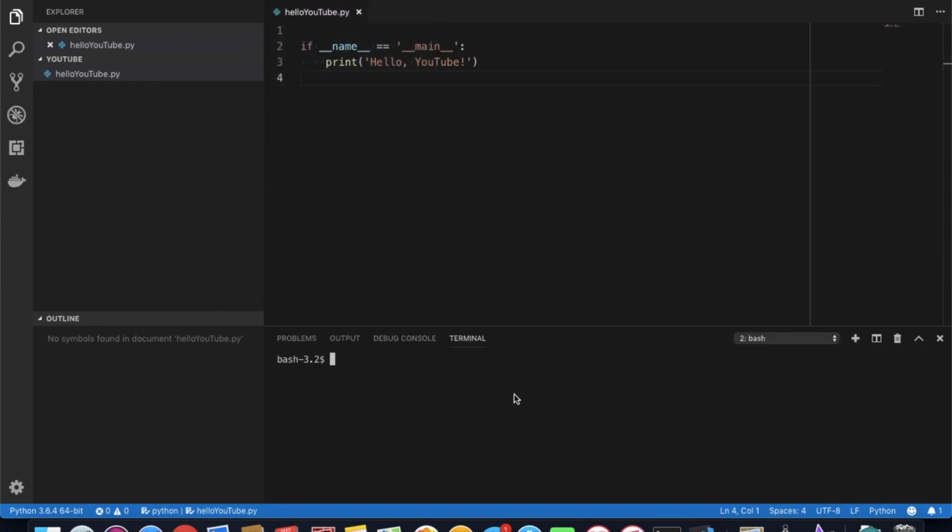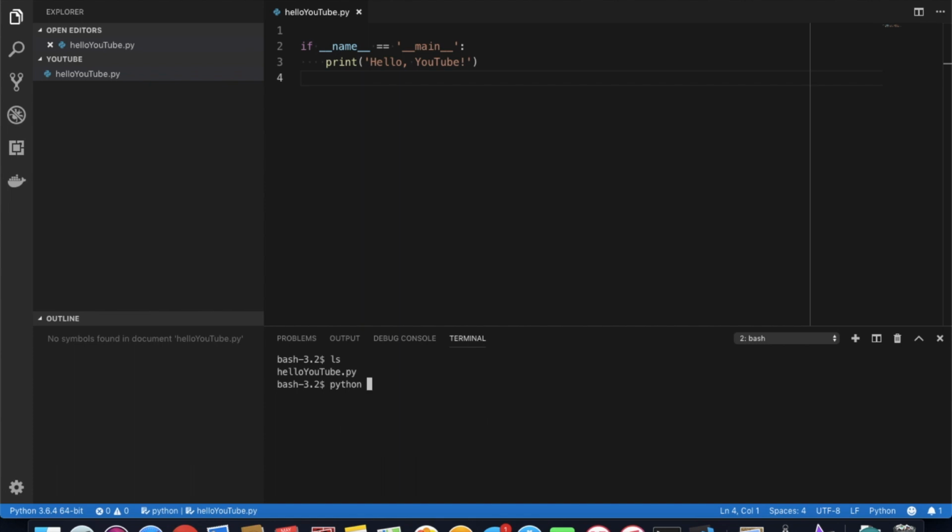Now, one thing you can do is type ls, which basically means list, inside the directory you've opened from, because when I opened a new terminal, it opened a terminal essentially within my YouTube folder. And so when I hit ls and list everything in this folder, it'll show that that's our file. So the basic command to run a Python program is you type python,